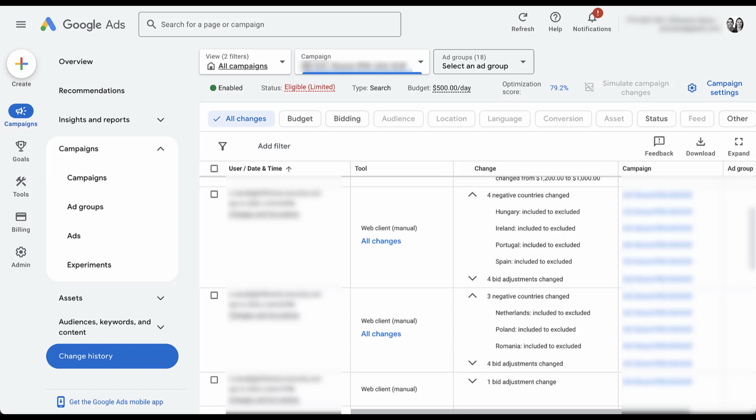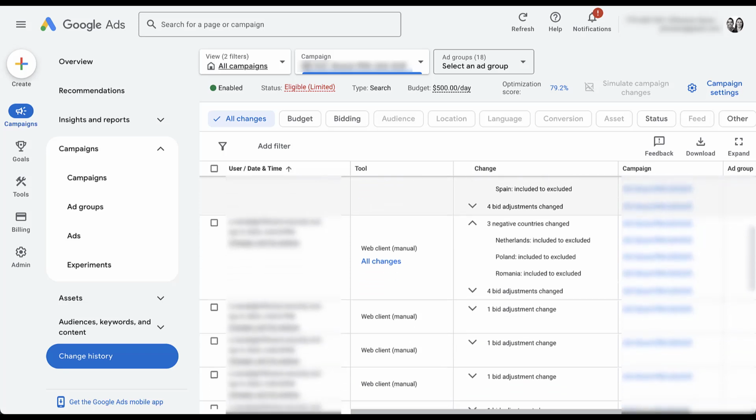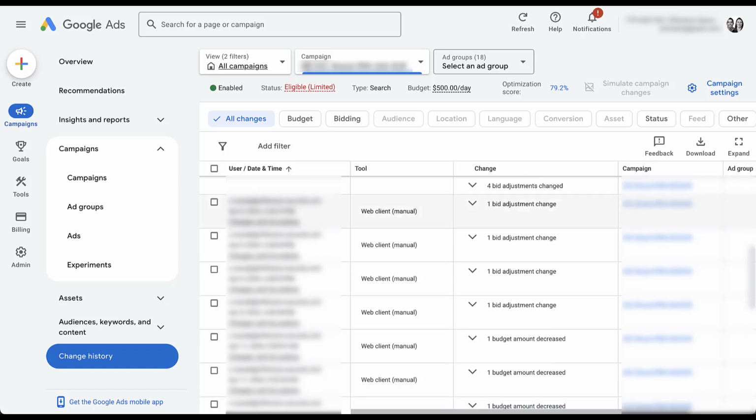These are probably going to show up under the other category, which is a little bit silly to me. They're clearly locations. But now we're seeing that on April 8th, we had all of these countries removed, after, on April 4th, we lowered the target ROAS and we decreased the budget by half. So if we keep going down just a little bit, we can see that on April 8th, a few other